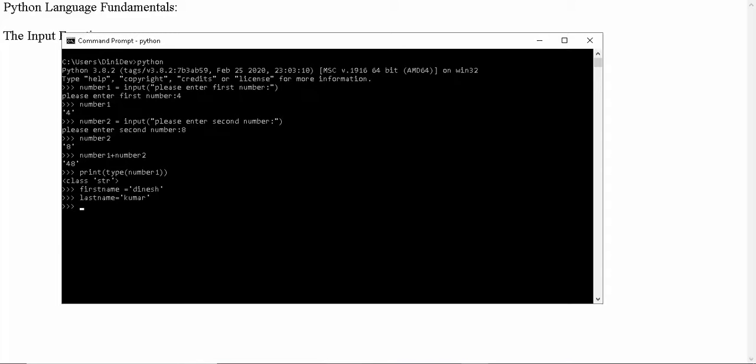Now let's use the concatenation to create an email address. So let's print "Your ID is", first name plus dot plus last name plus at gmail.com, or anything.